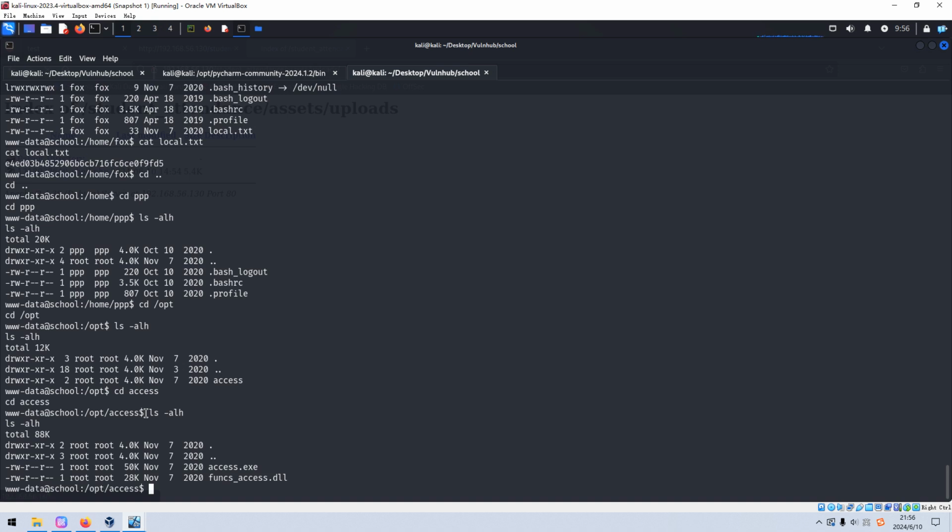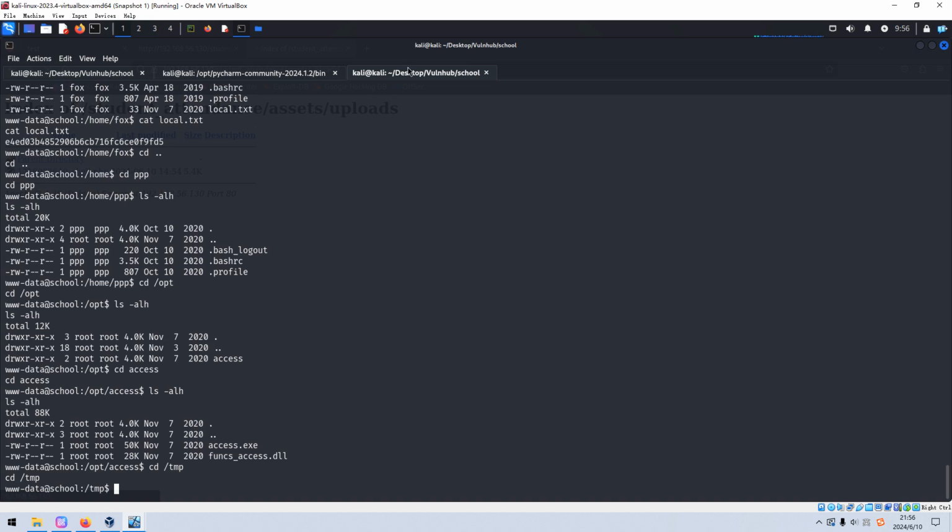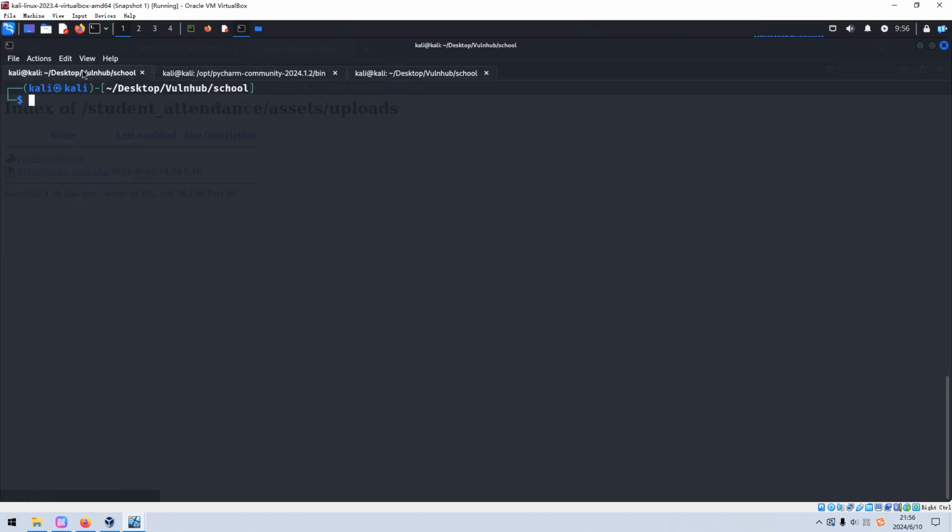The two files, access and funcs.dll, this should be the dynamic library, and maybe we can upload the LinEnum shell script to do the automatic enumeration. Okay, we can copy from my toolsets directory, and we can set up the web server.